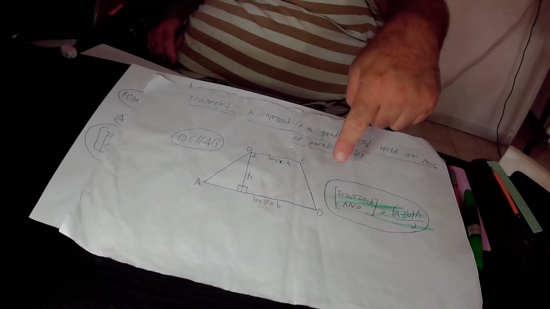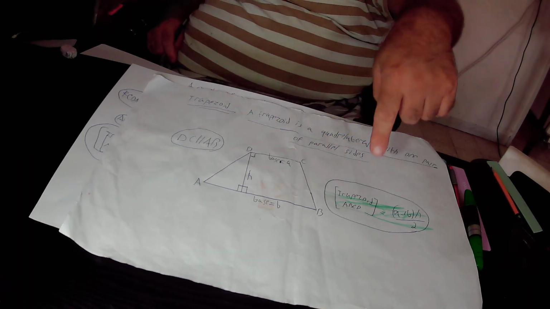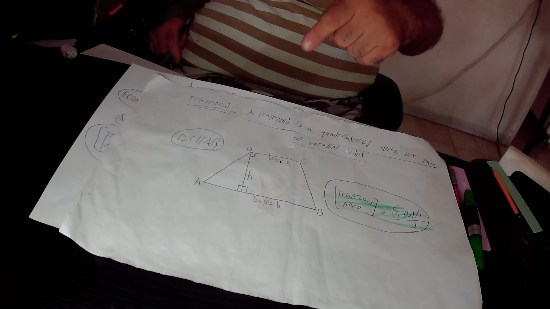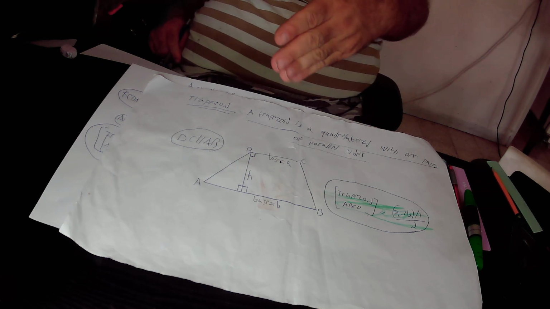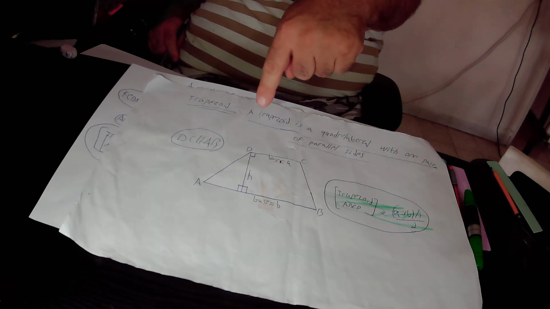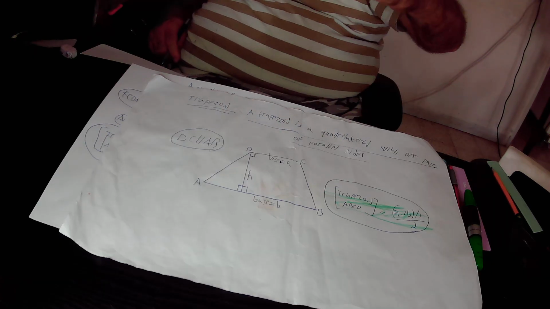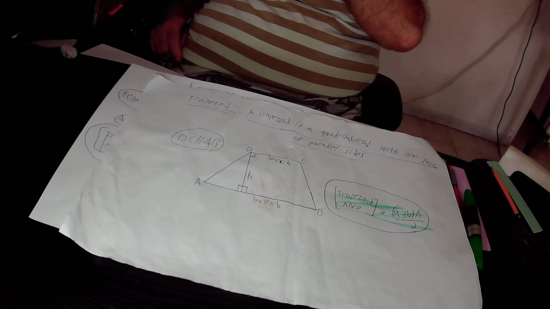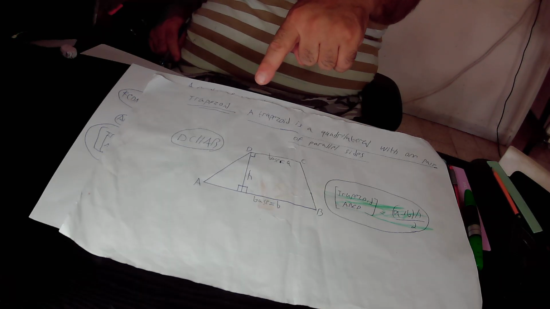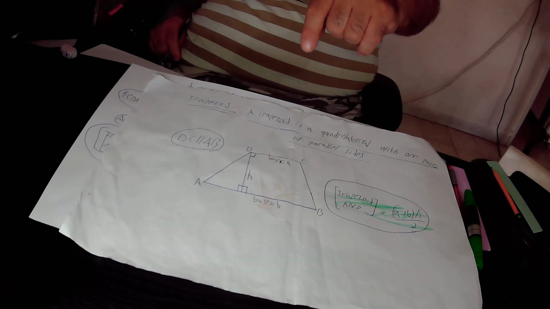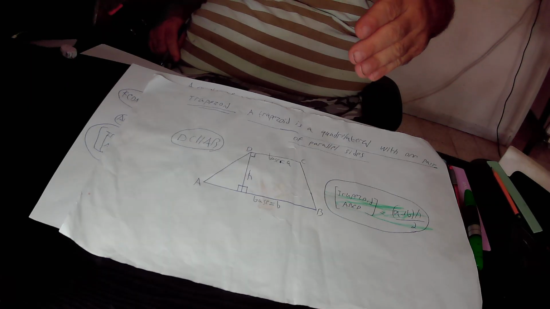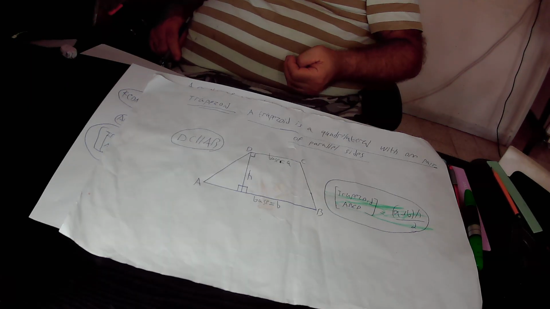This is quadrilateral ABCD. In quadrilateral ABCD, side DC is parallel to the opposite side AB, and therefore quadrilateral ABCD is defined as a trapezoid because it has one pair of parallel sides. The two parallel sides, that is to say DC and AB, are defined as the bases of the trapezoid. If we define the length of the base DC as A, and the length of the base AB as B, that is to say AB equals B units in length according to our definition, then the area